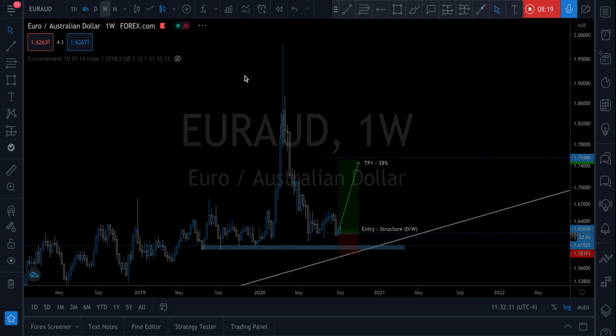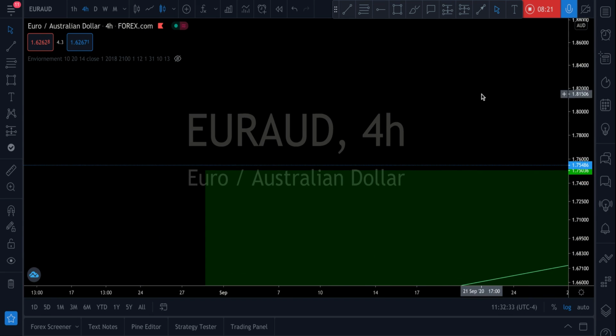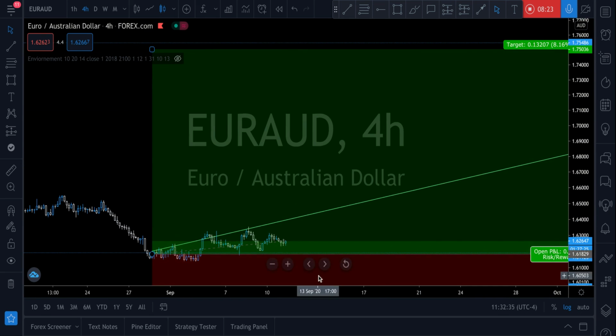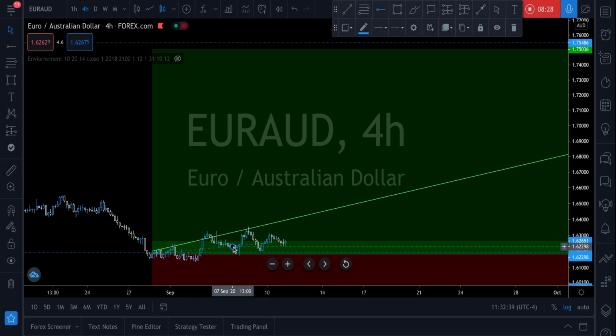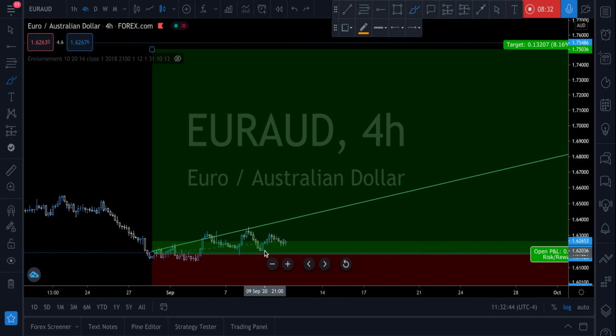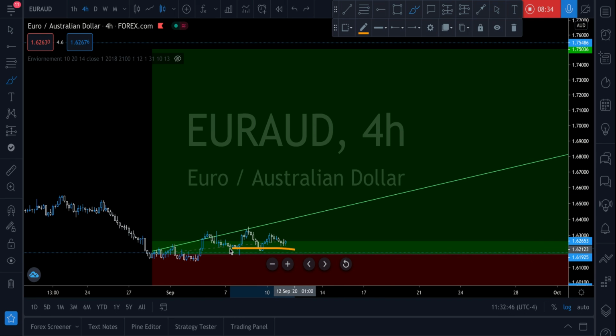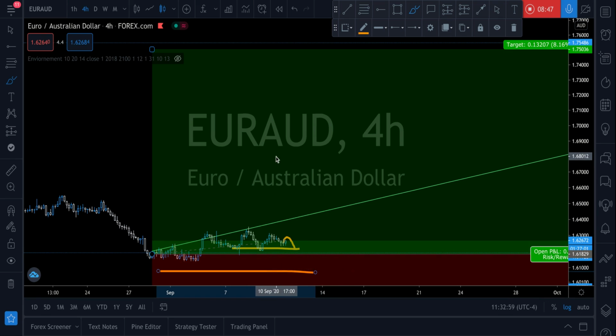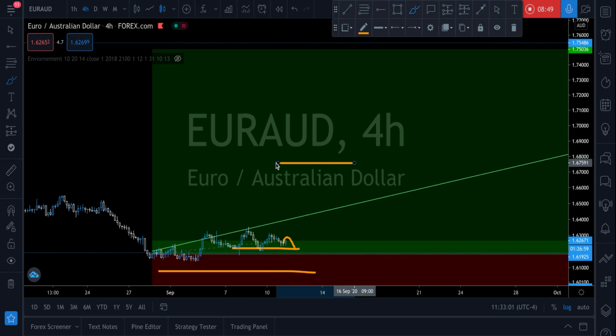Short-term traders, let's go down to the 4-hour time frame so you guys can see what you have as an opportunity. Oops, wrong one. I want to use this one. Let's see a little bounce right here. So we're going to get this little trend line. We're going to see a little bounce. We're going to break that trend line, a little test, and then you guys could come in right here, putting your stop loss just below this area of structure and your take profit somewhere up here,